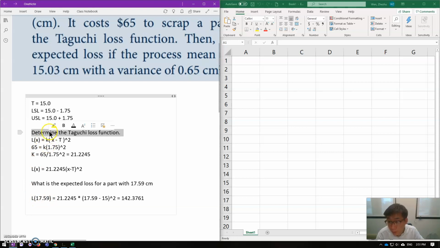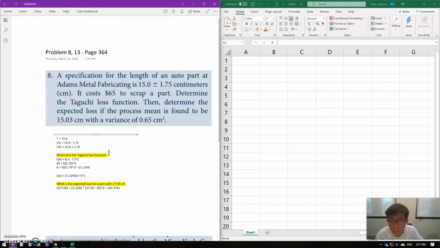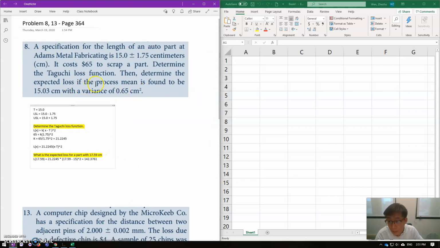Okay, so we solved question 1. Question number 2, the last question, is determine the expected loss if the process mean is found to be 15.03 with a variance of 0.65 centimeter squared. So expected loss with, let me see,